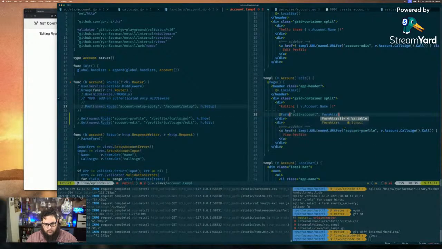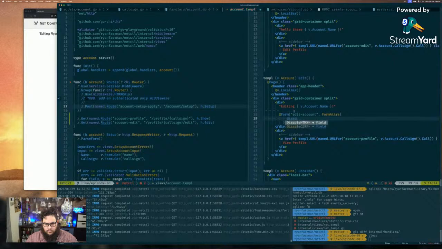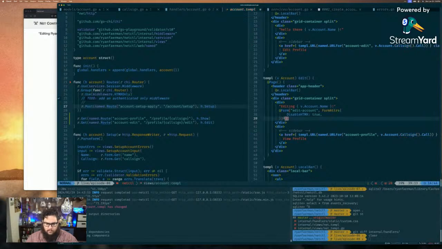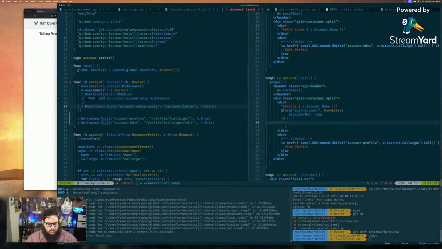Form a truth is this. HTMX, we're just going to disable this for now. We don't have an action. Okie dokie. And we'll see how to make sure that saves. There's no this. We can now